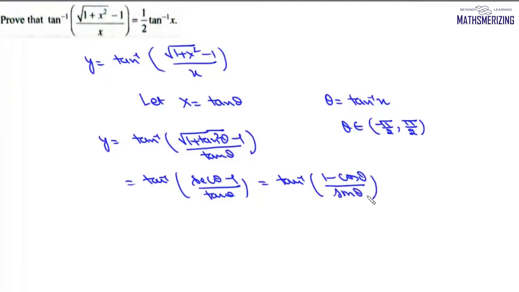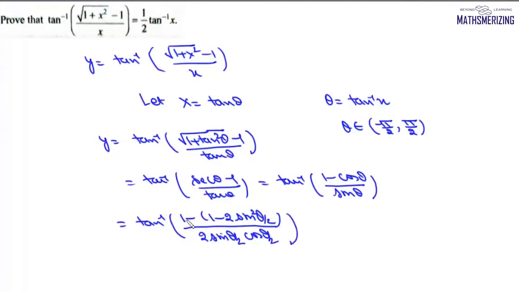Now we can use the half angle formula. So we can write this as tan inverse, and this is 1 minus 2 sin square theta by 2 minus... here we can write this as 2 sin theta by 2 and cos theta by 2. Now here 1 and 1 will cancel, 2 and 2 will also cancel, sin theta by 2 will also cancel. So we'll get this as tan inverse of